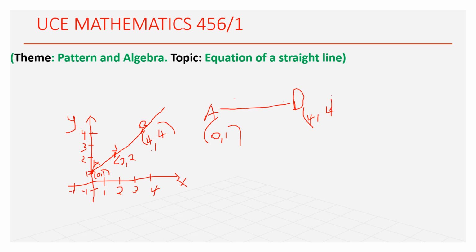If I want the coordinates of the midpoint, somewhere here, I'm going to take half the distance. I'm going to travel half the distance horizontally and vertically. So the coordinates will be, I will travel half, so I will get